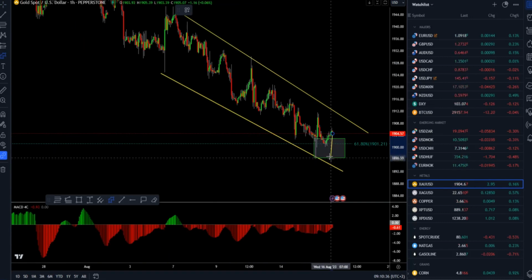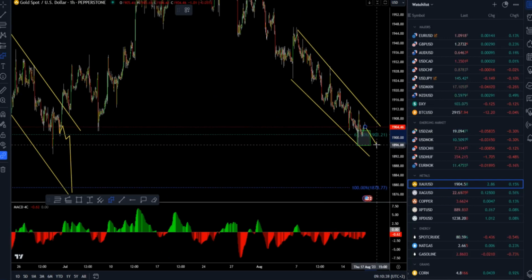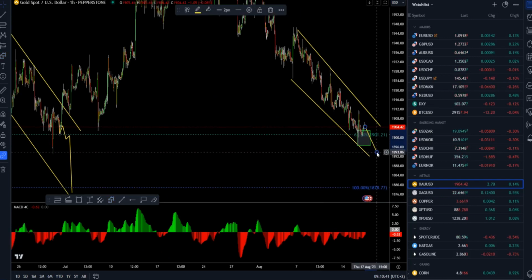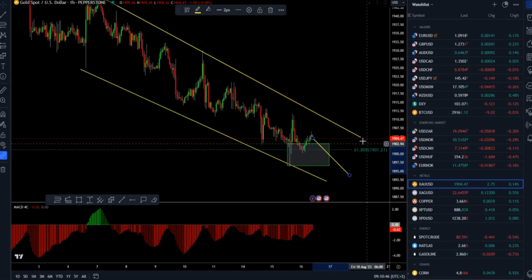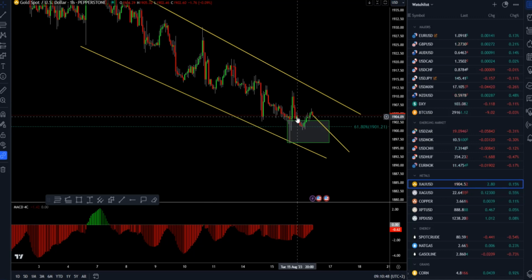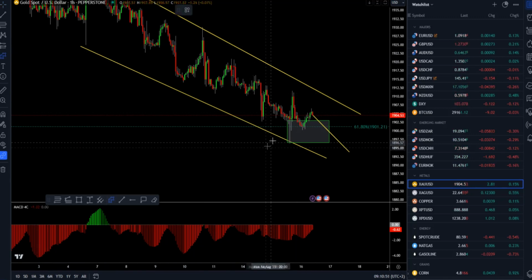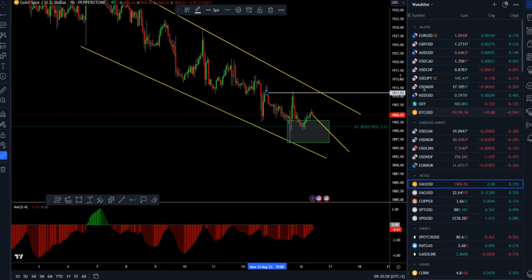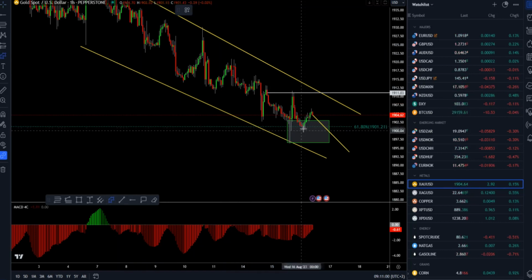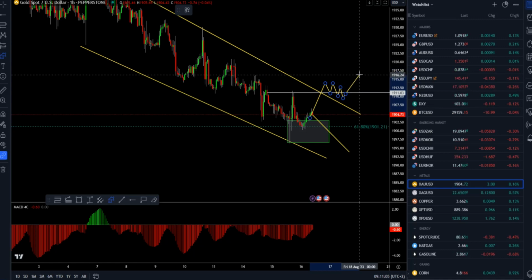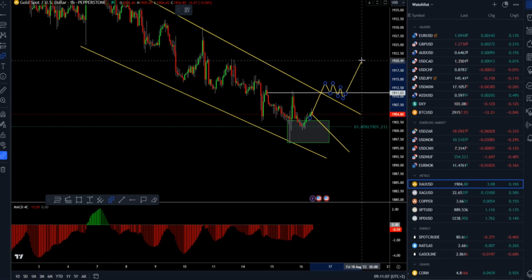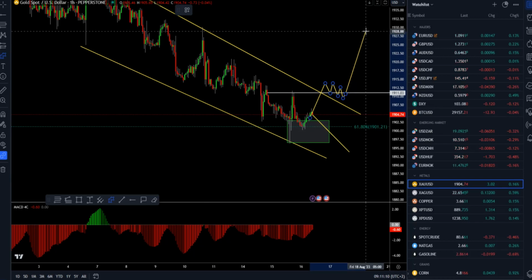There is a chance, of course, for lower prices in the downside scenario to develop, a potential retest of the 1893. But from this point, I suggest a consolidation around. The upside scenario can be interesting if the market can break the previous swing high at 1911, and if the market can break and hold above, that can be a very nice scenario for the upside movement to develop towards 1916, 1920, or even 1930 mark.